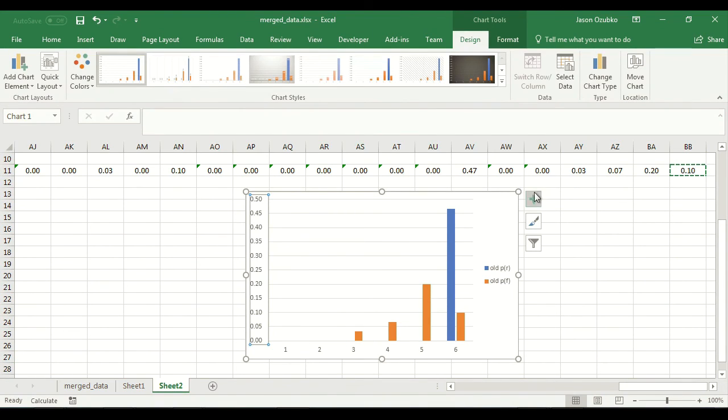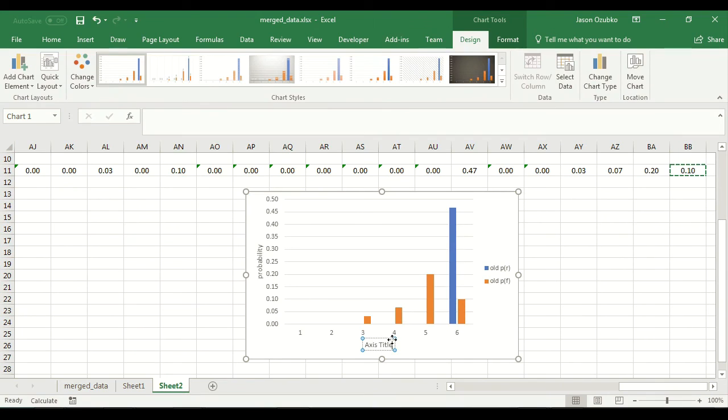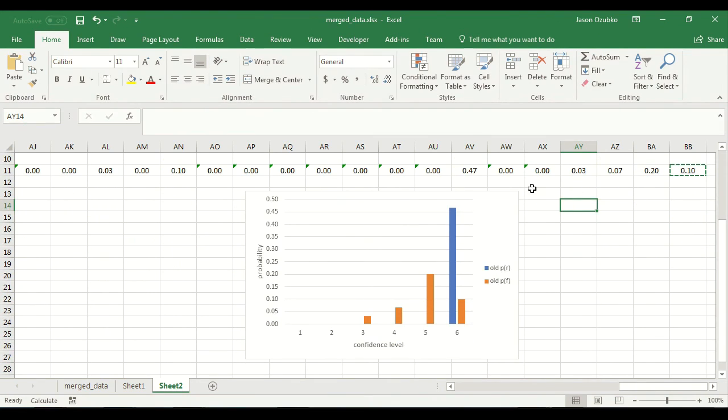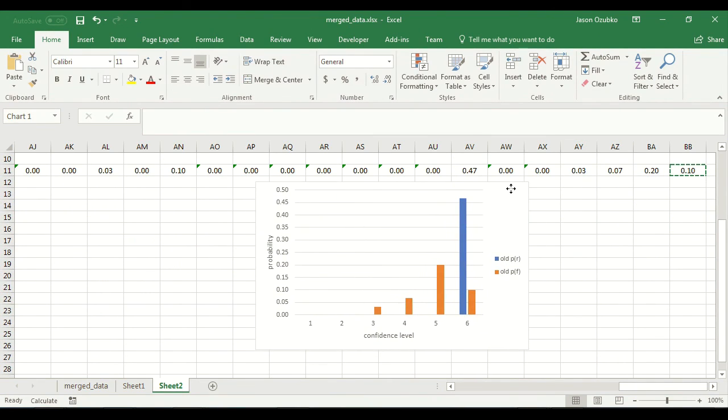And we will add some axes titles, probability. This is confidence level. And again, we should add error bars. It's just rather tedious to do it. And were this a real data set, I definitely would. But for our purposes, what we've plotted here are the distributions of R responses based on confidence and of F